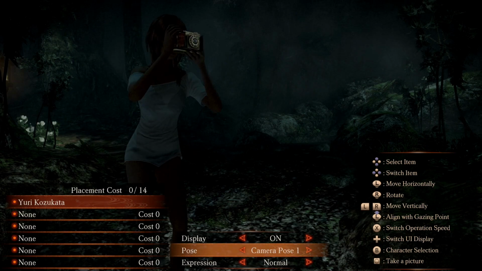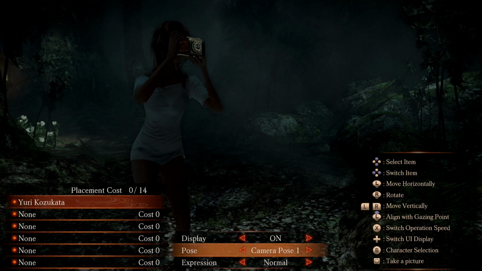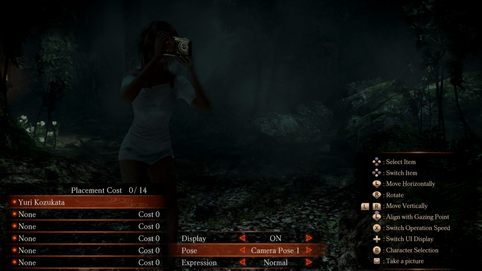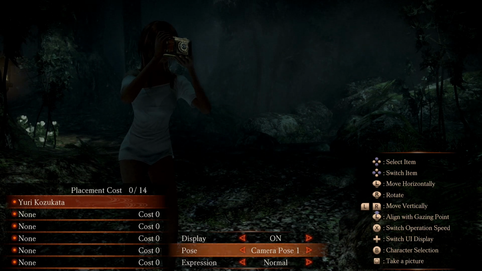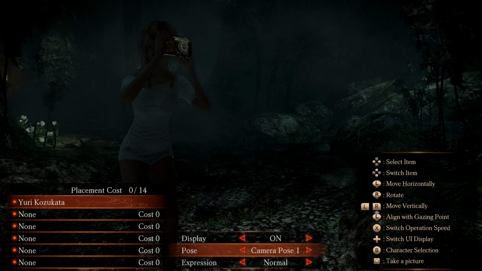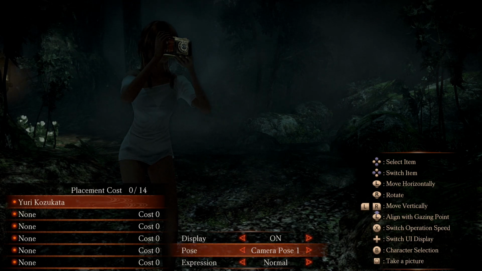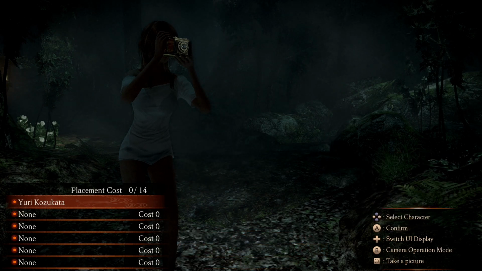What pose will we go with? We'll go with a camera pose. So we're going to take a screenshot of her taking a photo. At the moment it all looks very dark, but don't worry, we are going to fix that soon enough. So there we go, we've got that. Next up, we're pretty happy with all of that right now. So next up we are going to